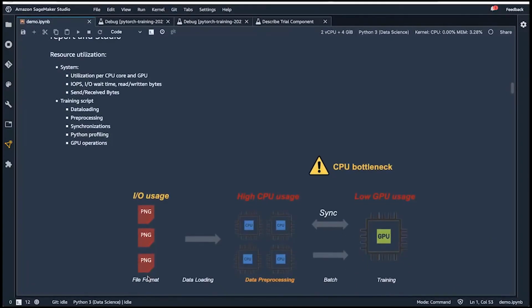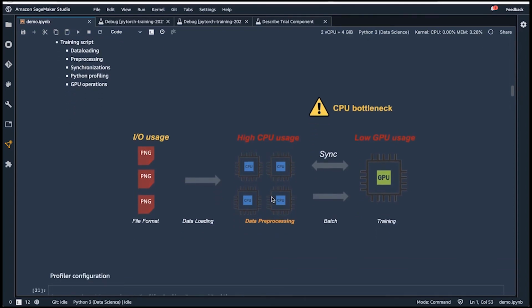When we look at the machine learning pipeline, then the first step is to read the input data that is either available on a local or remote storage component and read it onto the local CPU RAM. The CPU will typically do the data preprocessing, prepare the data batches that are then sent to the GPU. The GPU will perform the training, and a very common performance issue is CPU bottleneck. This means the GPU is waiting for data to arrive from the CPU, so the utilization drops, but at the same time the utilization on the CPU is very high because it's busy preprocessing the data.